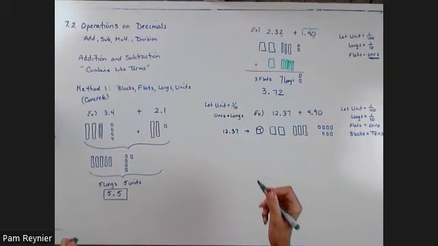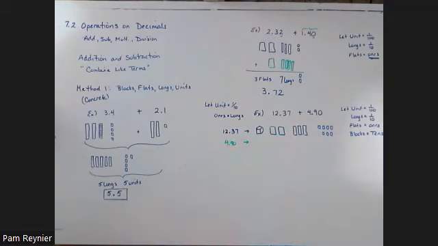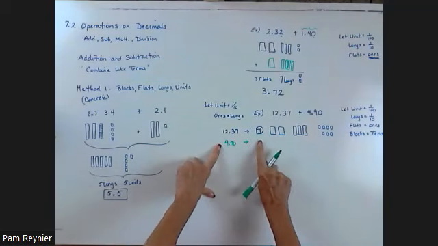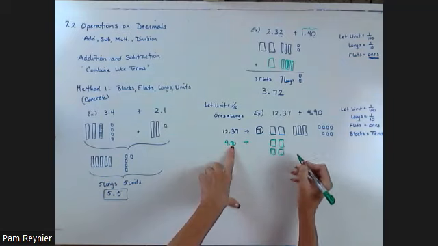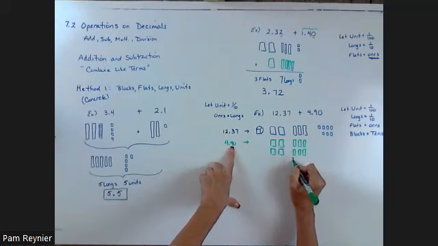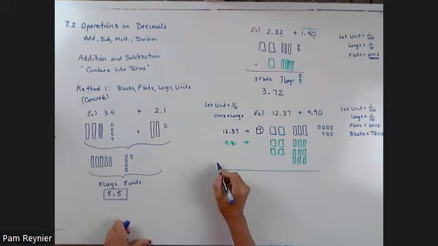And then if I take the number 4 and 9/10, well, I can look at this going, well, I don't have any tens, so I have no blocks. I have 4 flats, 9 longs, and no units. So when we find and add this together,